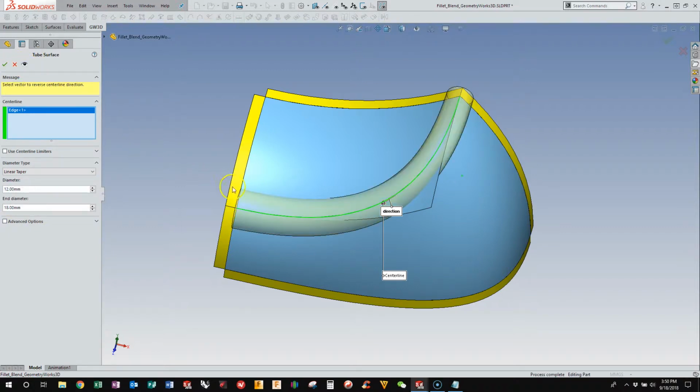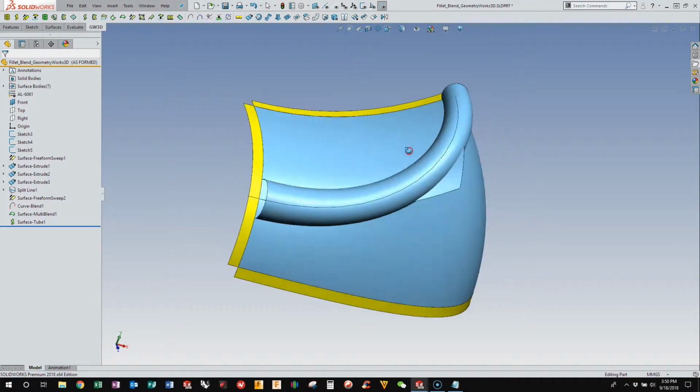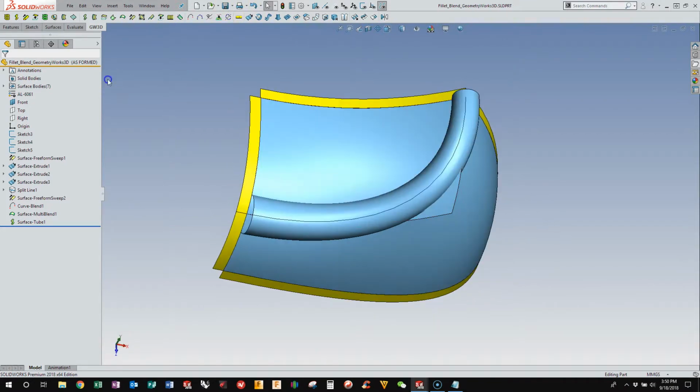Now we can preview this. And so with just like 3 clicks, I've created the same geometry without the extra sketches required or reference geometry. All I need is an edge or a curve. Super helpful. Love it. So let's save that, and then we can go back and follow the exact same procedure,